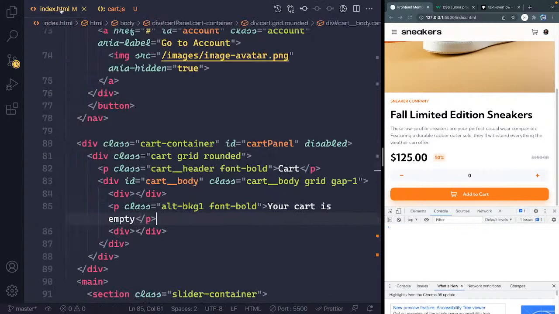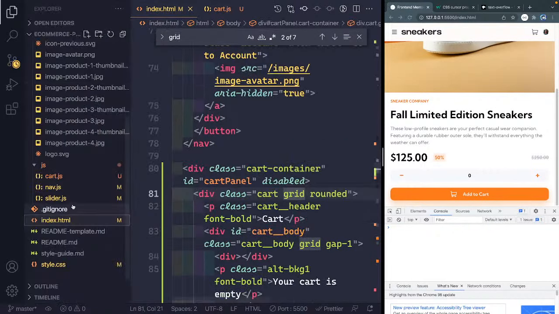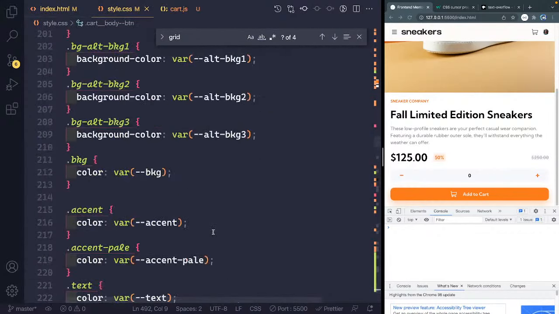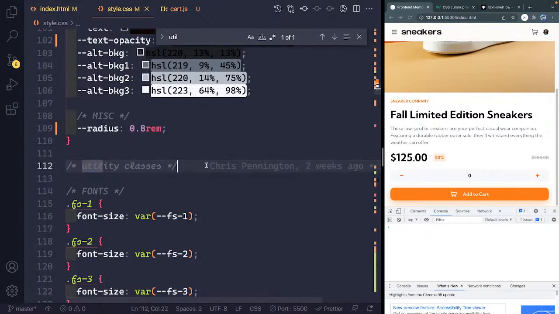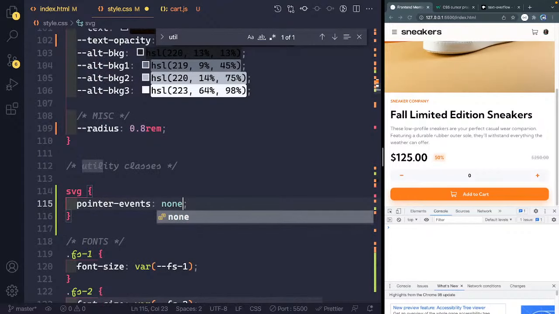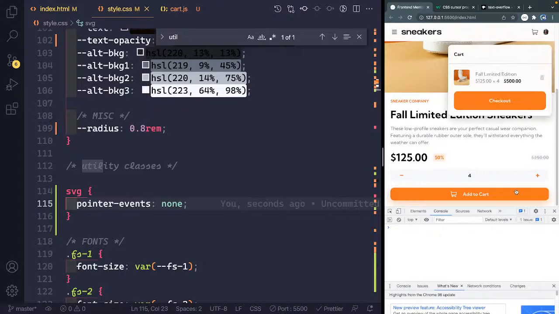Okay, I'm going to come in here and let's just say all the SVGs don't need to have any pointer events on them. So I'm going to open back up this style.css, come to the top, where are my utilities, and let's just say SVG pointer-events of none. Because what was happening is I was clicking on the SVG instead of the button. So by removing those, I can't click on them anymore. So now I can come in here and click on this, and my cart is now empty,